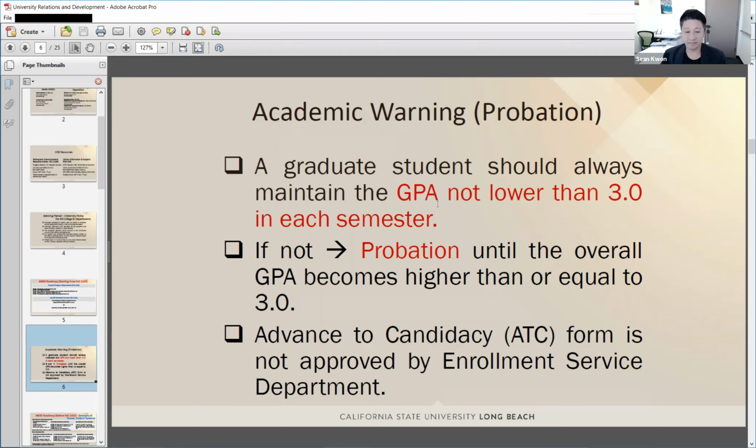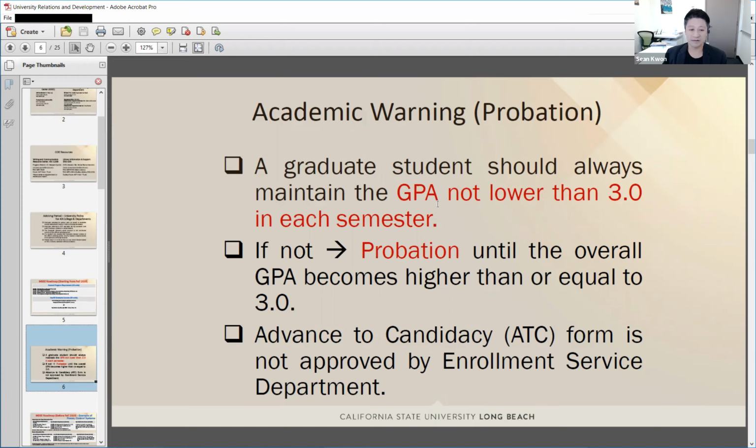And if you expect that your current state is not very good, I encourage you to contact your instructor and discuss with him or her. You can ask about your expected grade, maybe after the midterm exam or between the midterm exam and the final exam.